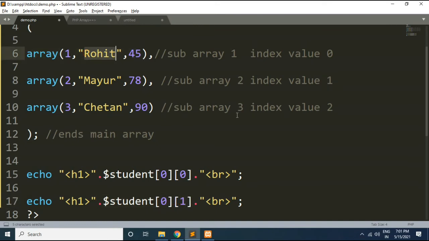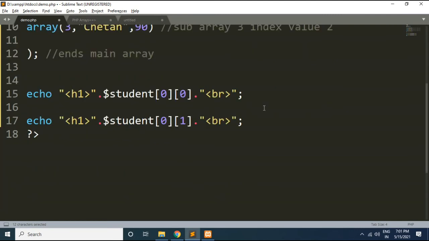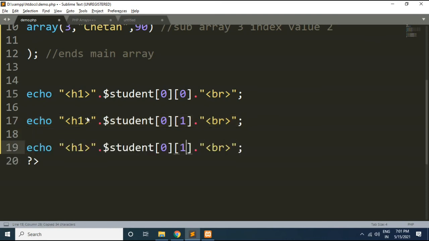The second element within the first sub array having index value 0. So the first index value represents the sub array, and the second index value represents the array elements, sub array elements you can say. In the same way I can print the marks for the first sub array. Here I will use 2, like this.